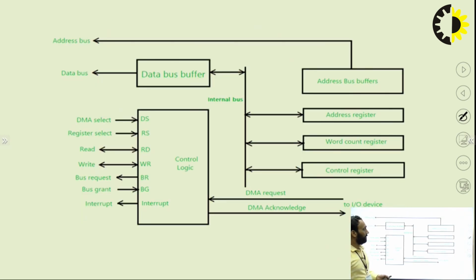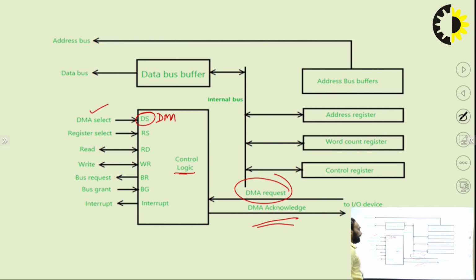Now, in the given PPT, we have a block diagram of the DMA circuit, in which we have the registers, along with how these registers interact with the data bus, and how the DMA request and DMA acknowledge work. It is explained in detail in the given block diagram. As we see in the circuit, first we will learn the abbreviations of all these. As written here, we have control signals in the control logic like DS. It represents DMA select,